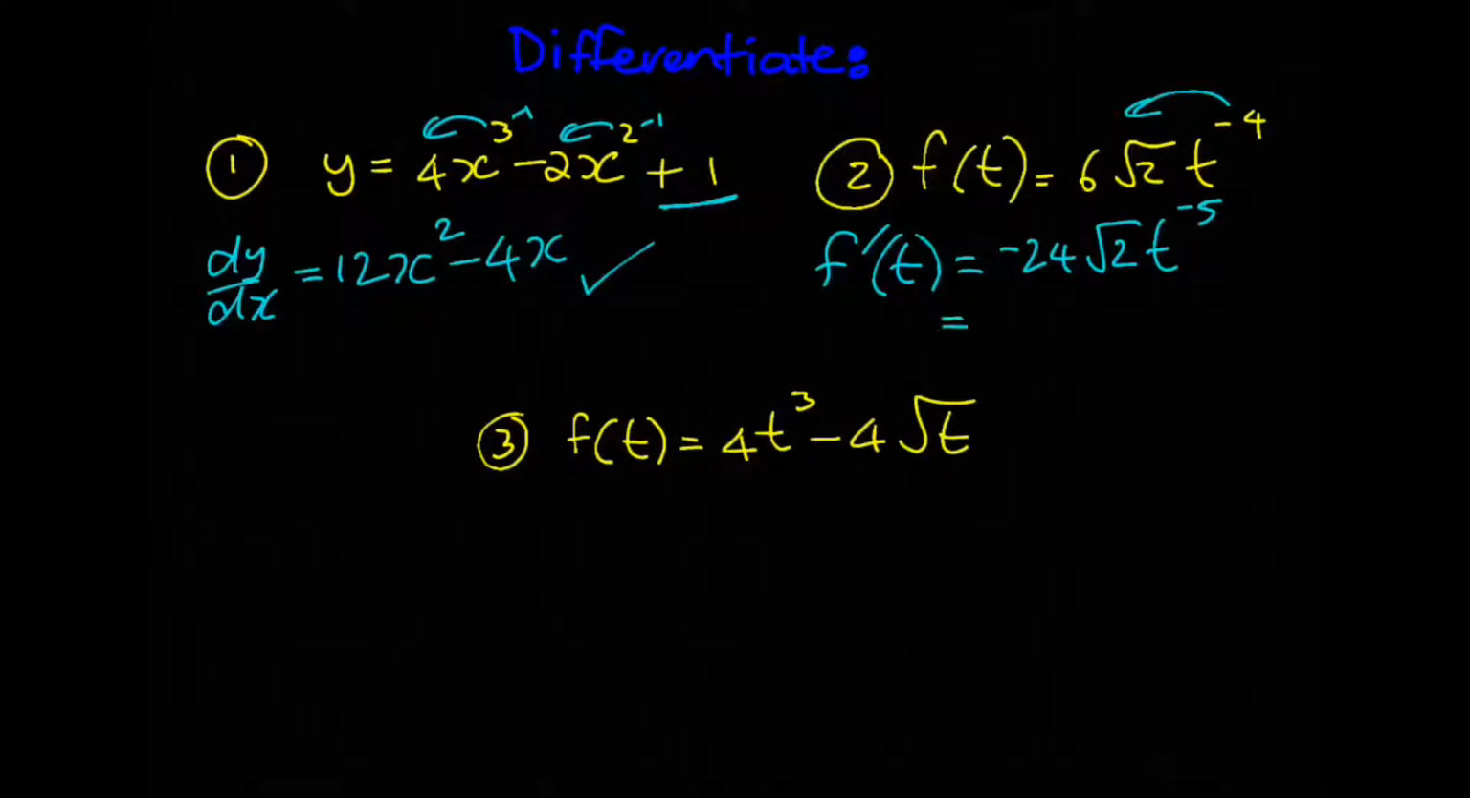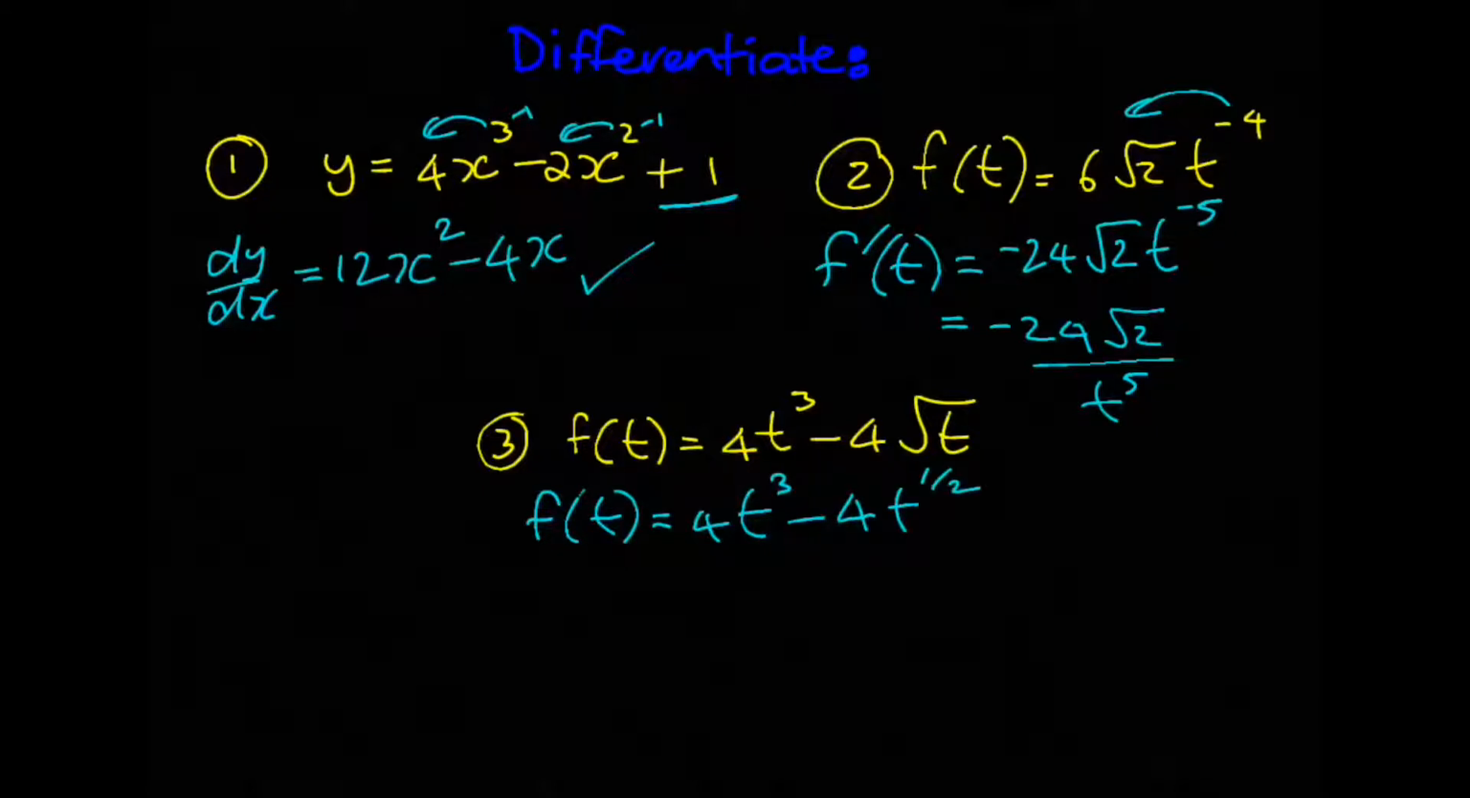And that equals negative 24 root 2 on t to the 5. Now before we do this, we need to get it in a better format for differentiation, so it's 4t cubed minus 4t to the half, which is root t. So f dash of t